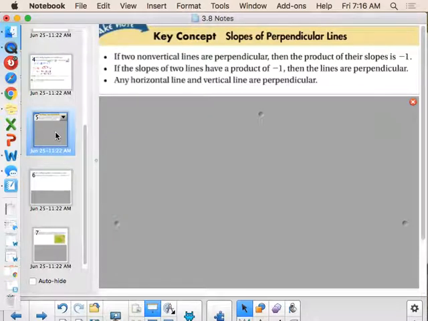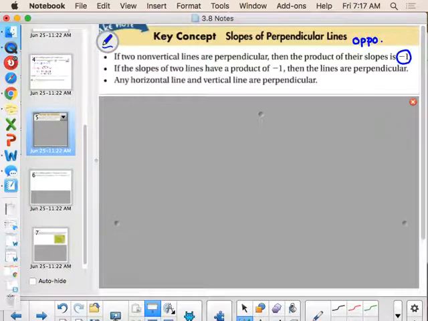All right, the other concept that we've been talking about is the concept of perpendicular lines. Two lines are considered perpendicular if, when you multiply their two slopes, you get an answer of -1. That is because these slopes are opposite reciprocals of one another. So again, just like with parallels, if I take it backwards and write the converse, if the slopes of two lines have a product of -1, then the lines are perpendicular.